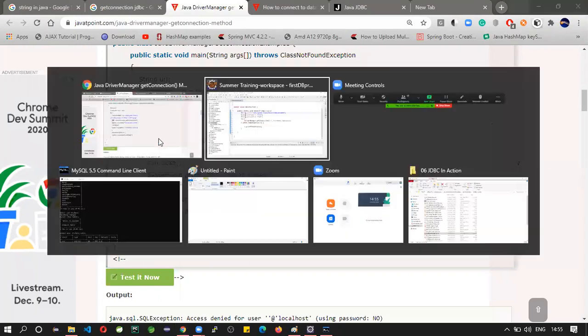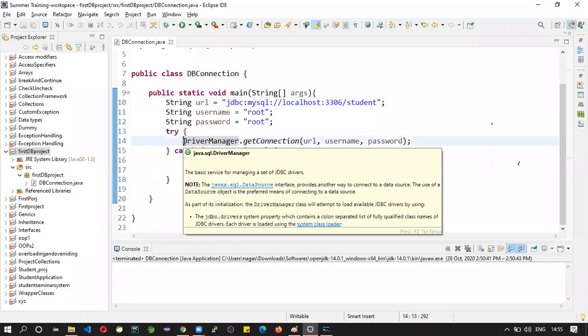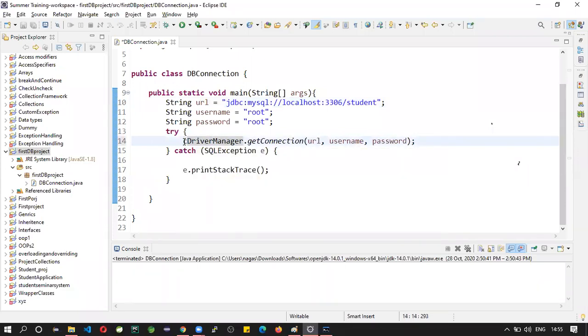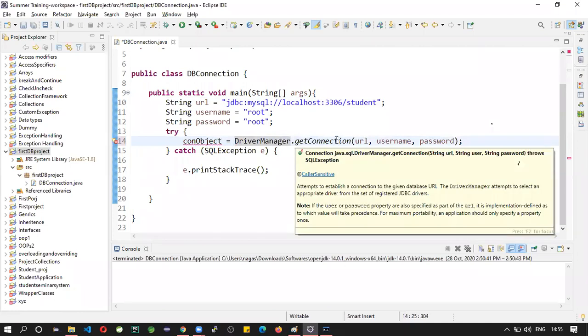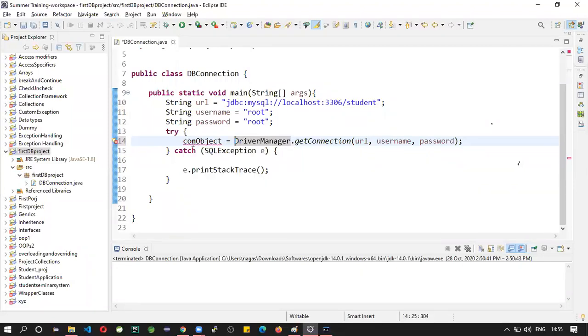What is con? Con is nothing but a reference variable. Simply put, a Connection object. This method is returning something. I don't know what it is as of now, but I take a variable to hold the value.